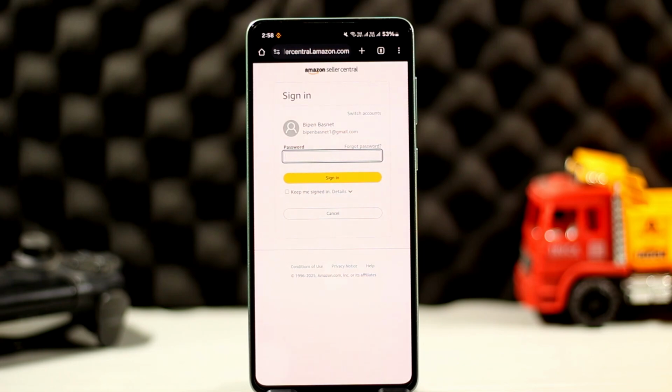To do so, you want to head into sellercentral.amazon.com and you want to log into your seller account. Once you have done so, you want to go to settings. Unfortunately, here I'm unable to log in at the moment. Amazon Seller Central is not letting me access my account, but you can simply go to settings